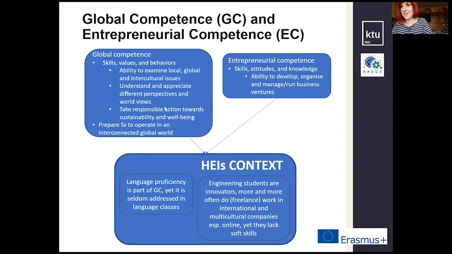However, again, since they're kind of lacking those soft skills and they're not necessarily knowledgeable about how to sell, okay, sell themselves maybe is not a good term here, but to sell their idea and to convince people to believe in their idea and, at the end of the day, maybe invest money in developing their solution.